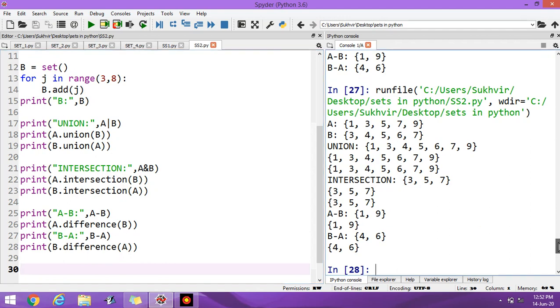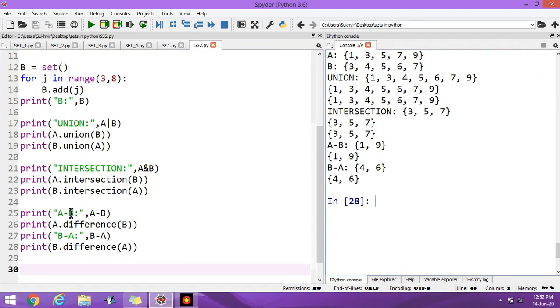It is the same output. It means two methods are there. One is A minus B, second is A dot difference of B, meaning A minus B. Then B minus A, B dot difference A, means B minus A.